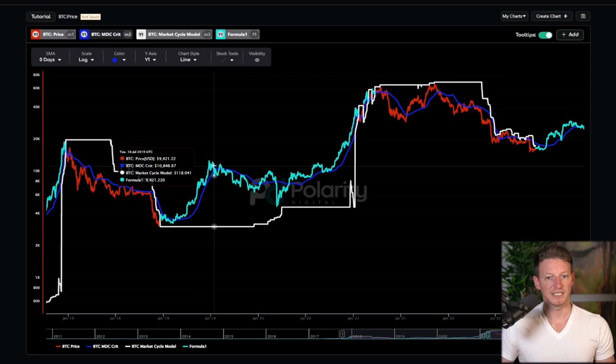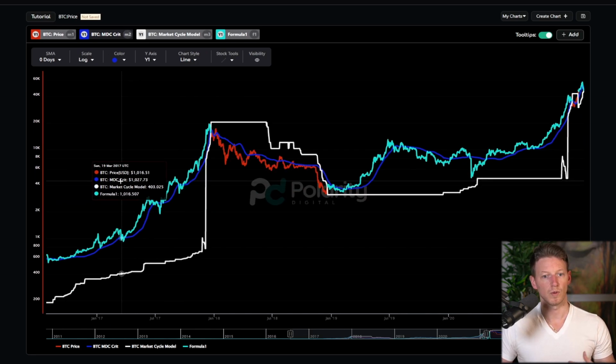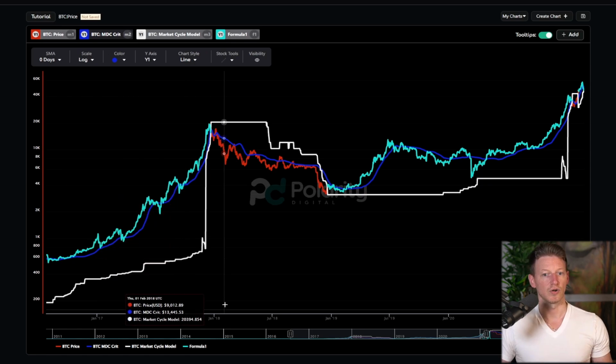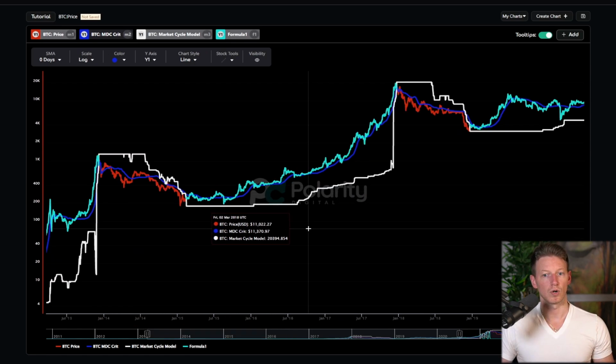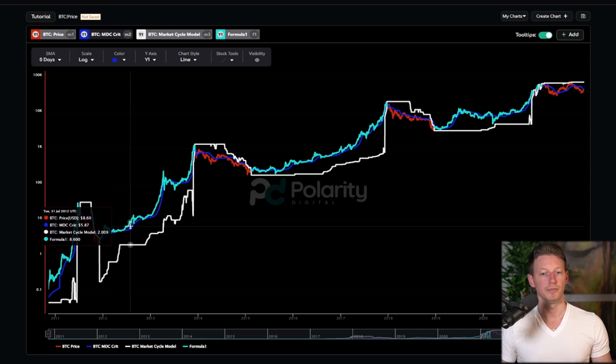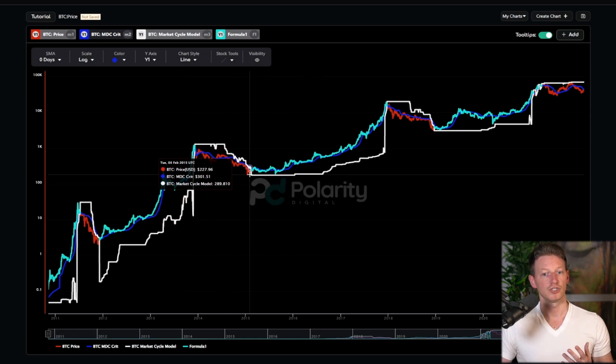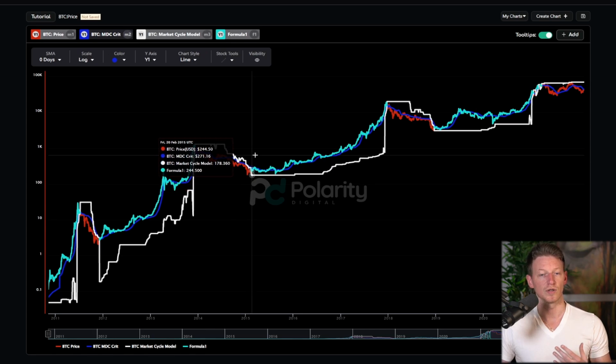You'll notice that the MDC is going to be for a much more active investor. There's more times when the MDC is going to require you to get in or get out of the market. So during any given trend, you may have 20 or 30 different times where the MDC suggests to get in or out, compared to the market trend model or the market cycle model.